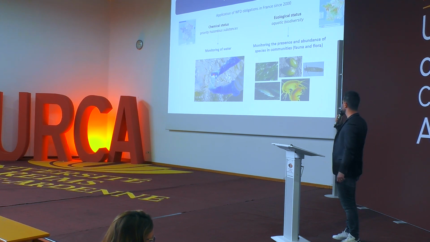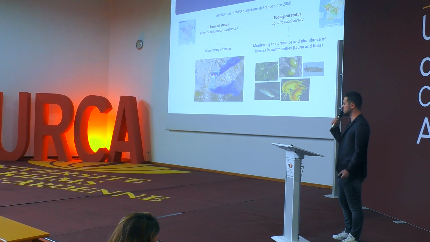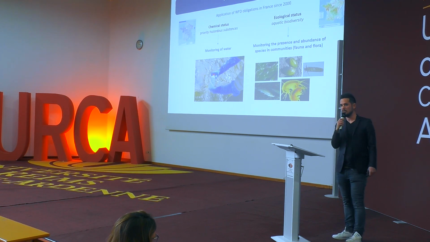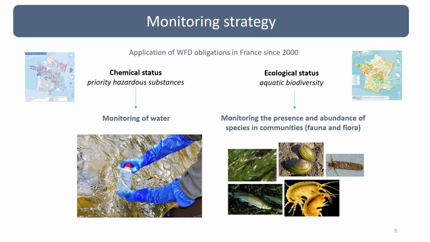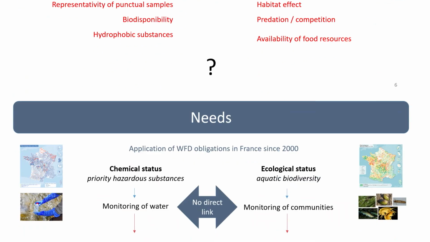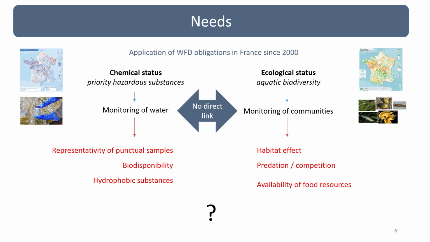The second strategy is the monitoring of the presence and the abundance of communities, the species present in each community, including flora and fauna. So today there is a need to be able to link chemical results and ecological results,